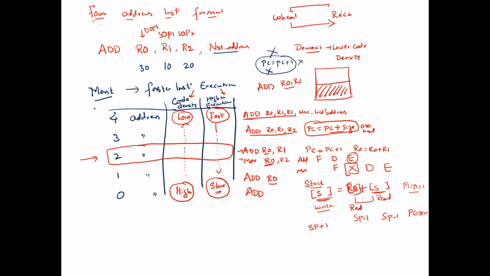What if I provide you large memory chips? Large memory chips I will provide. Which address instruction format will you pick? 4 address. Why 4 address? Because you are achieving fast, high speed execution. Fantastic. But what you are losing is that you cannot store a bigger program in small memory. Why can we not store a bigger program in small memory? Because each instruction itself is bigger in size. So I can store only a few instructions.